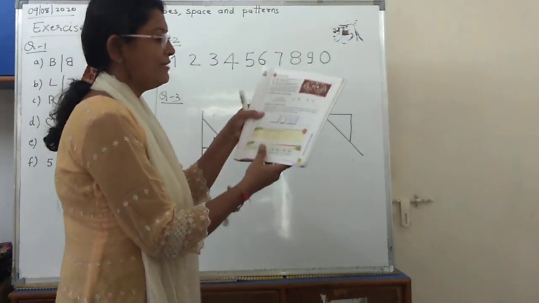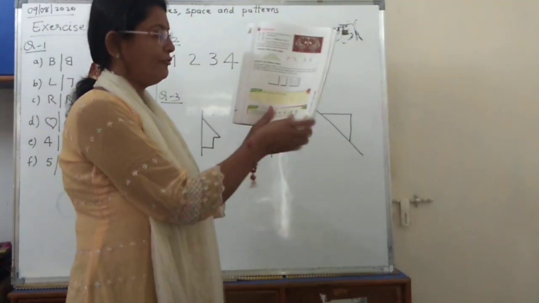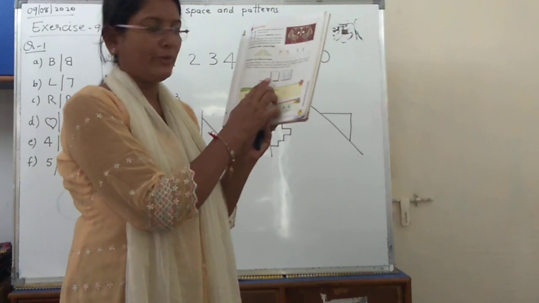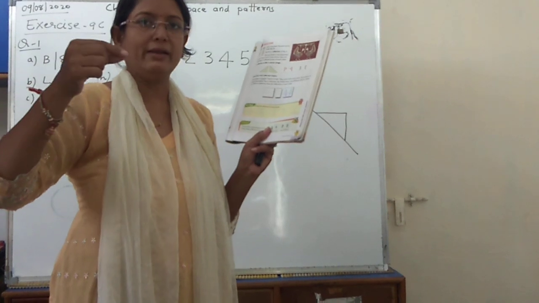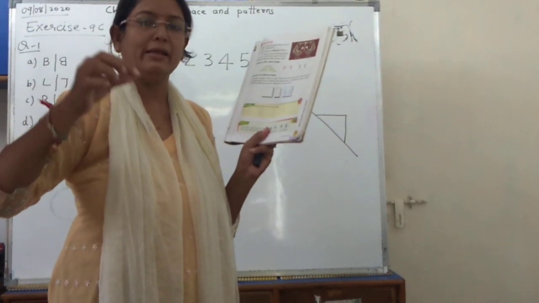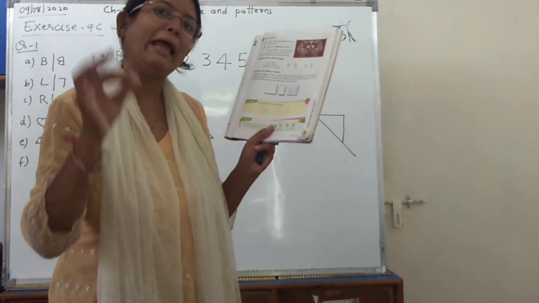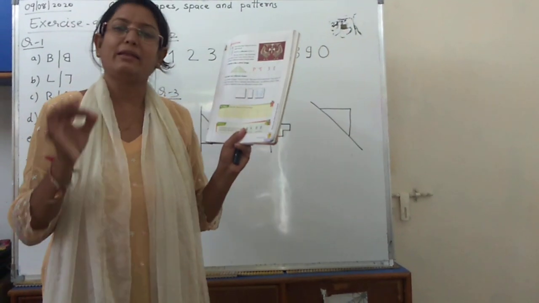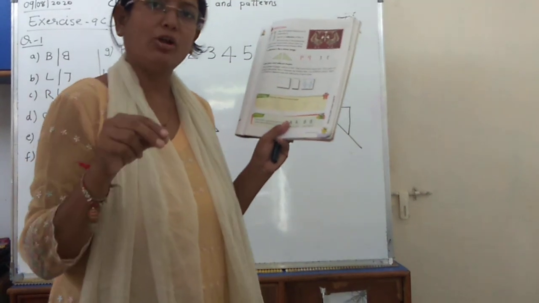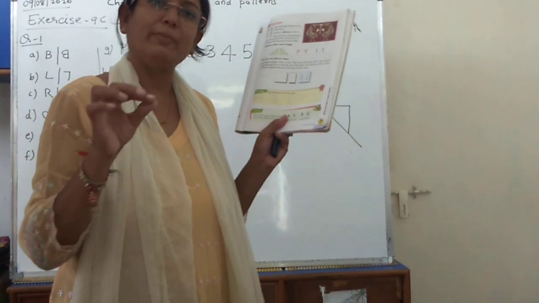Same way here one activity is given. What you have to do is take a paper, fold it in half, and then take a white cotton thread and dip it in your watercolor, any of the colors. If you don't have watercolor, use poster color, any color, or take some turmeric, dissolve it in water, and it will become yellow color.